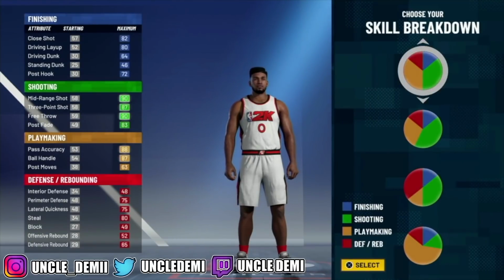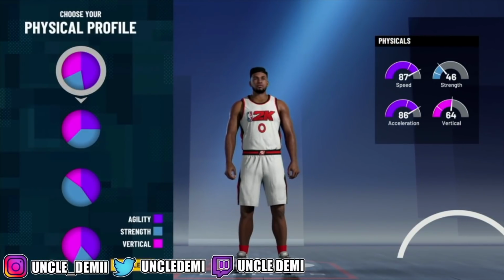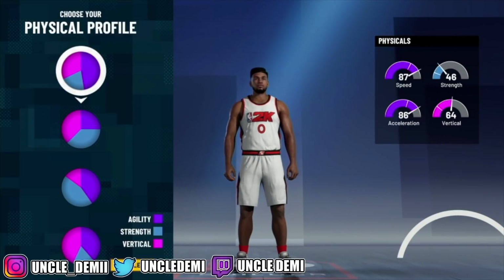Again, we're going point guard. We're going Hall of Fame shooting, Hall of Fame playmaking, all right? That's the route you want to go with this one. Then again, you have to go pure speed. The reason why you want to go pure speed is because you're trying to get 99 speed and somewhere at least above a 98 or 97 acceleration, okay? So you want to be as fast and have as much acceleration as you possibly can as a guard,